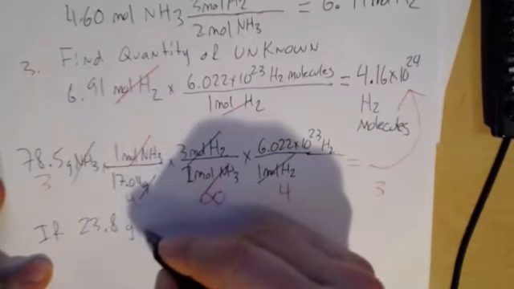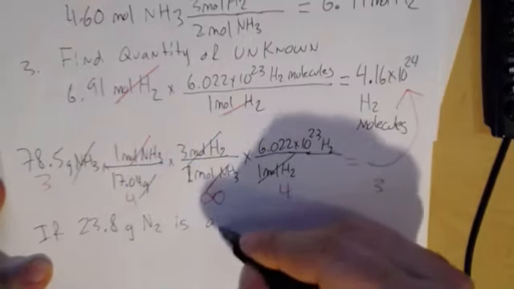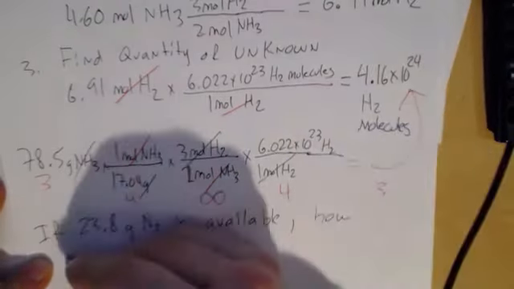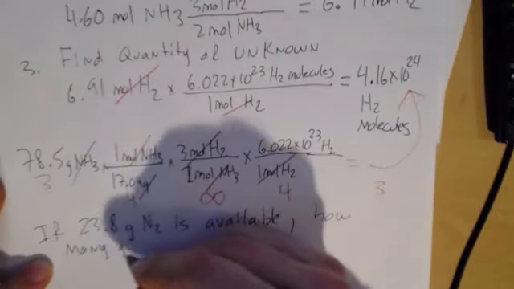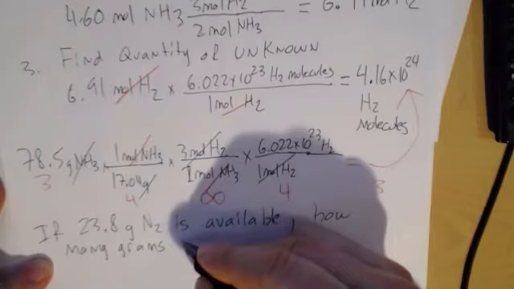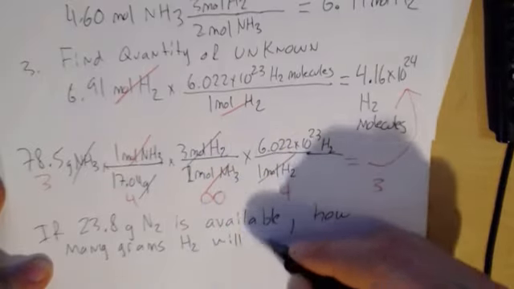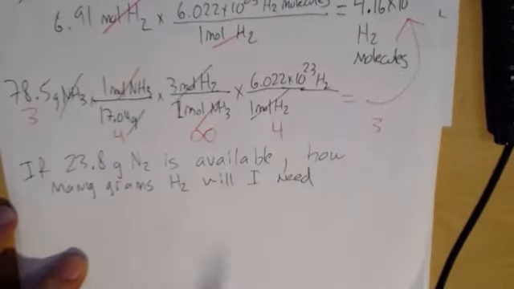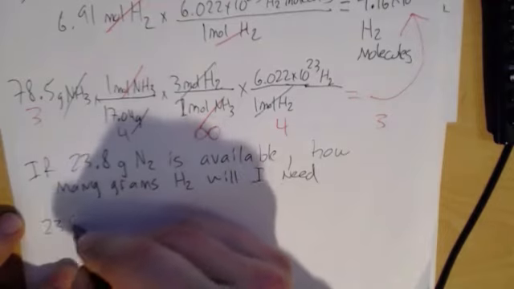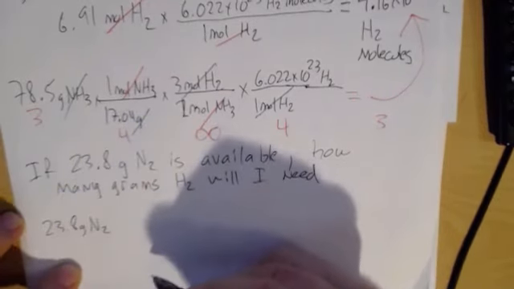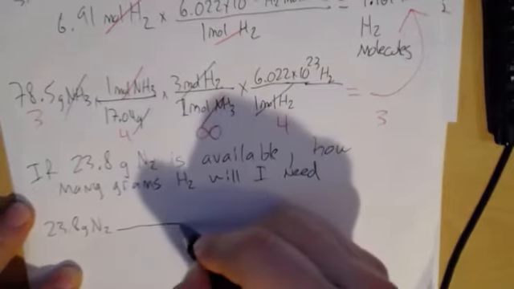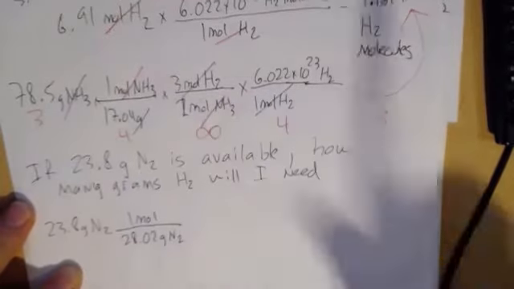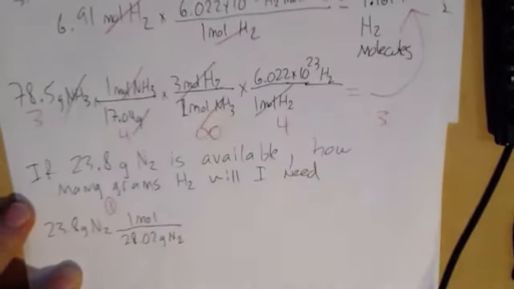If 23.8 grams of nitrogen is available, how many grams of hydrogen will I need? I'm going to find, number one, I'm going to find moles of the known, 23.8 grams of nitrogen. I'm going to give you the molar mass, which is 28.02 grams of nitrogen, 1 mole. So that's step 1. Find the moles of the known,